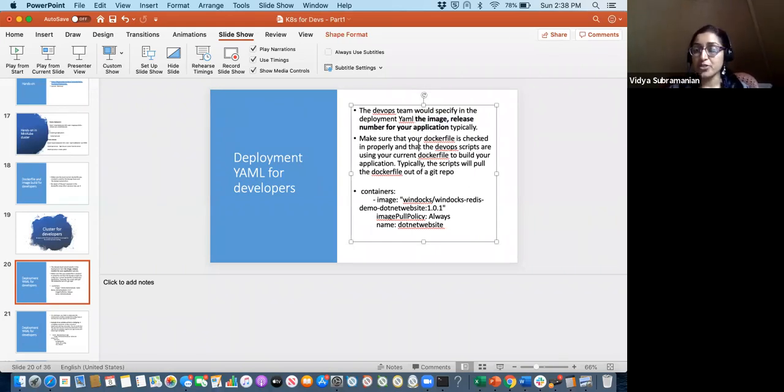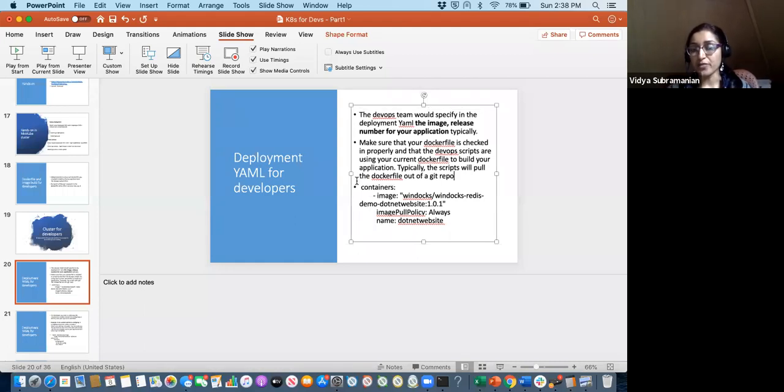You also want to make sure that the Docker file is checked in properly, and that the DevOps scripts are using your current Docker file. So this again is another common issue, depending on how that process is set up. If it is not in the Git repo, you want to be aware of that and really partner with folks on the other side of the deployment.